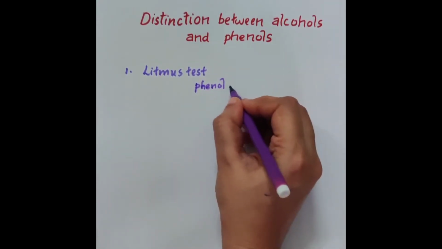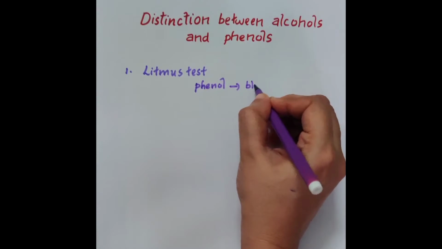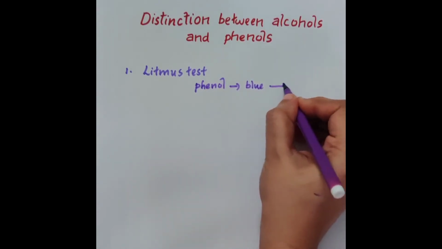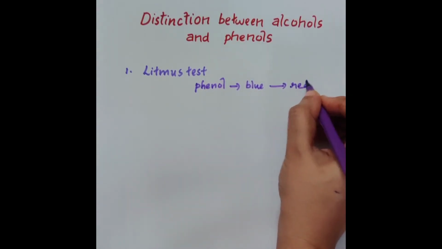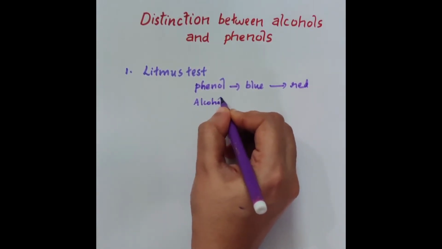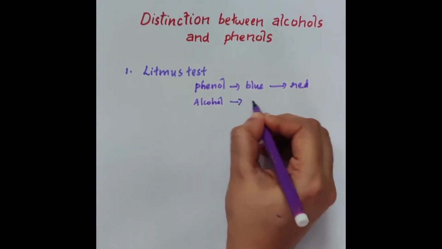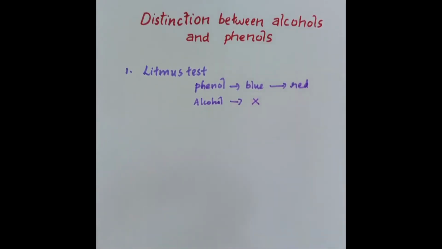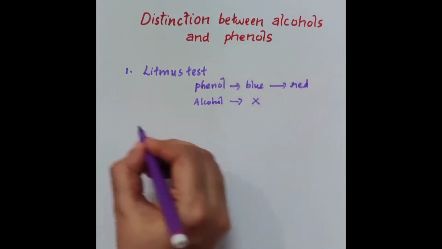Phenols are acidic in nature, hence phenol converts blue litmus to red, whereas alcohols have no such reaction. They are not so acidic in nature. The second test is